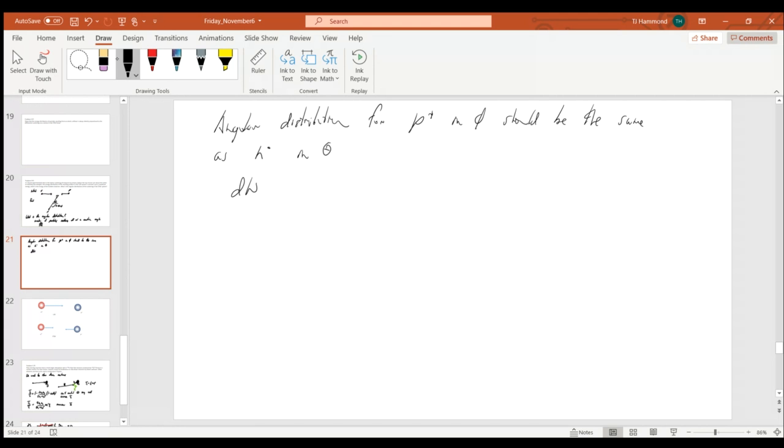So what that means is dN of our neutrons by d omega prime in theta, because this is the center of mass frame, is going to be equal to dN of our protons by d omega prime of phi. Okay. So this tells you